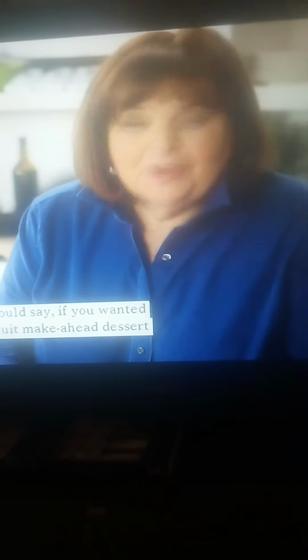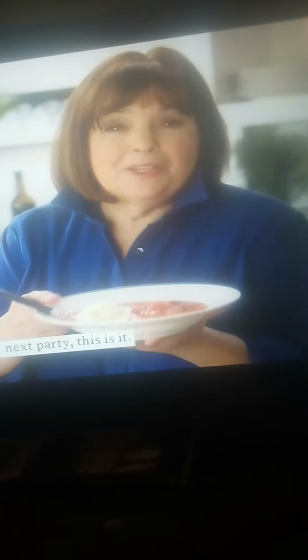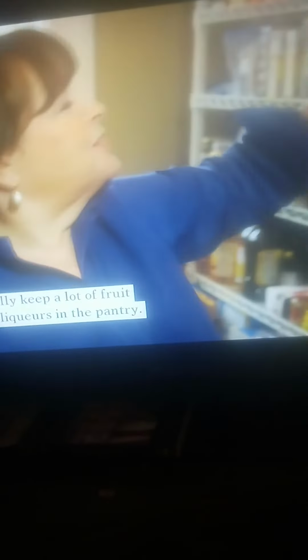Well, I would say if you wanted a fresh fruit dessert for your next party, this is it. Just going to put this back. I actually keep a lot of fruit